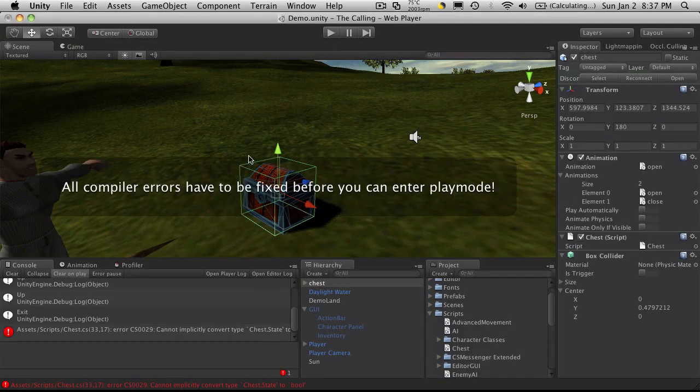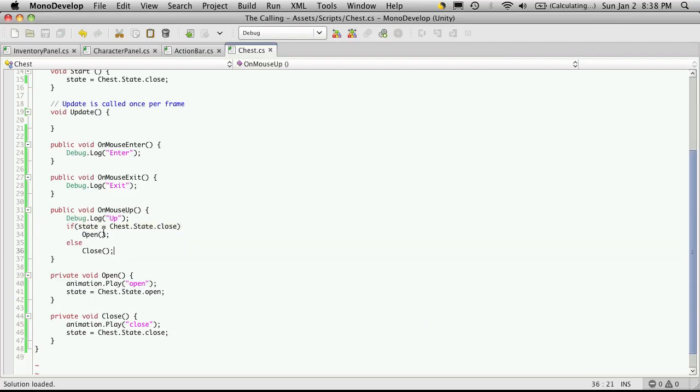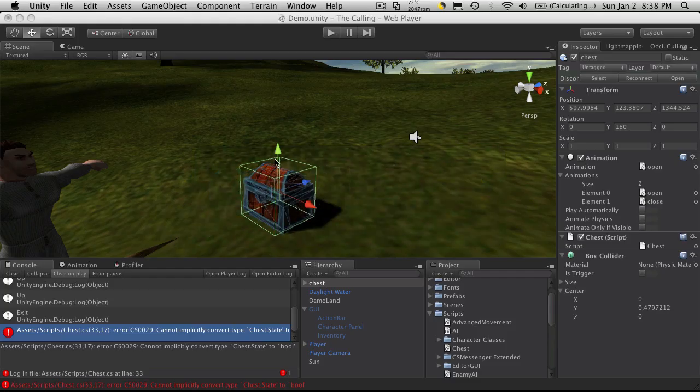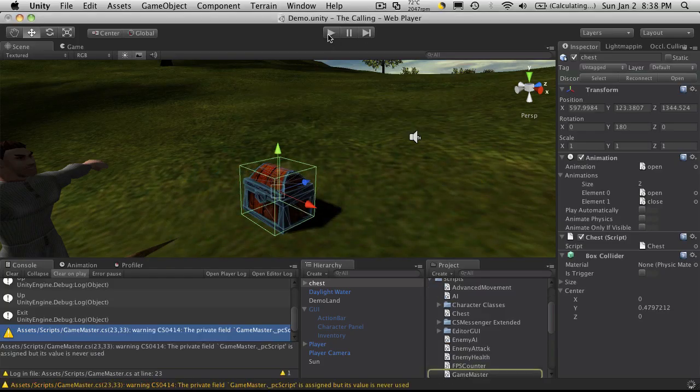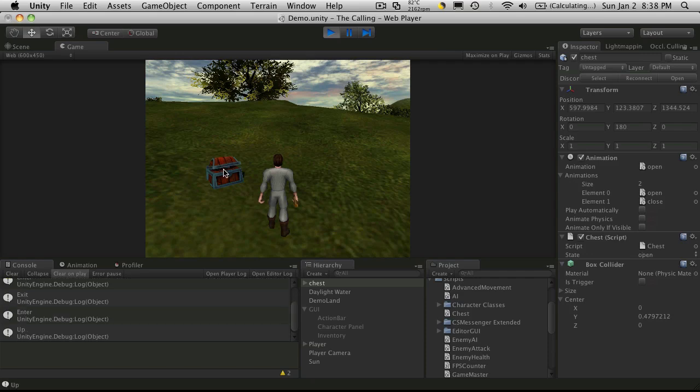So we'll start it up. Oh, I've got an error, and it says it cannot convert it to a bool. And that's because you need a double equals. You're doing a comparison, not an assignment. So that took care of that. We'll start it up. And sure enough, when I mouse over it, I still get my events. Now when I click on it, we got it open. We click, it closes. But the problem is if you start clicking it a lot, you get this